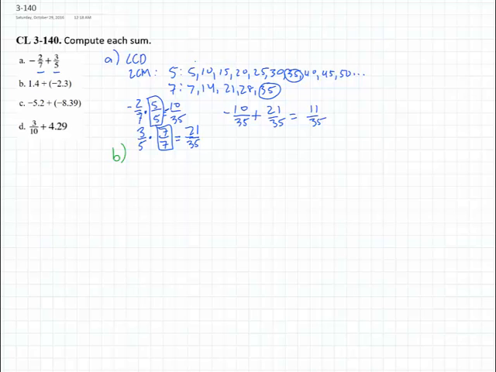For B we have 1.4 plus -2 3/10. Okay, so we have to think about the fact that we're at the positive. This is 1.4 and this is 0. So we're going left now. We're going left 2 3/10. So this is 1.4 here. Okay, so we have to go another 0.9, and the reason I know that